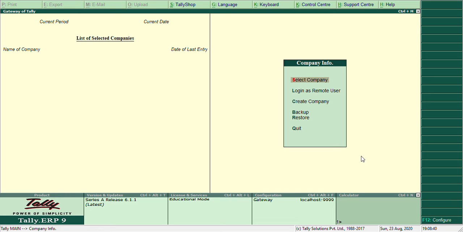Tally's concept of cost center allows an additional dimension to a transaction. While a ledger account would indicate the nature of a transaction, it would not reveal or disclose, except in the narration, which part of the organization was involved.